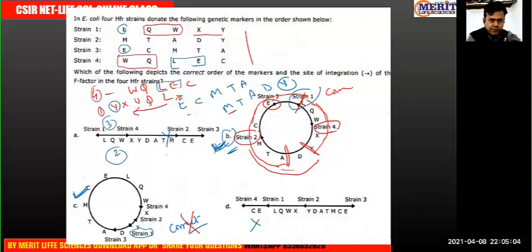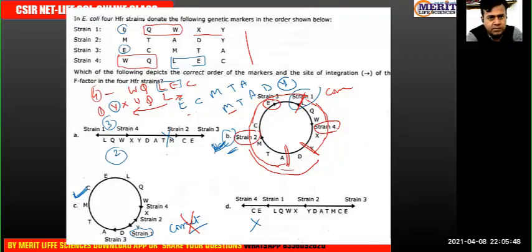Akshika, Rajlakshmi, still solving. Sir, can we do it without arranging it with overlapping? No, without overlapping you cannot solve it. You have to overlap it, because they are asking the exact sequence, na? Genes are always transferred in order. So there are 4 strains and you have to match the sequence. And after matching only, you can decide the direction. So according to the direction, you can make the circular map.